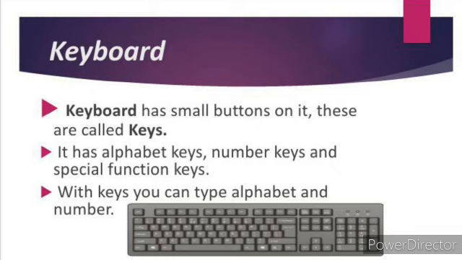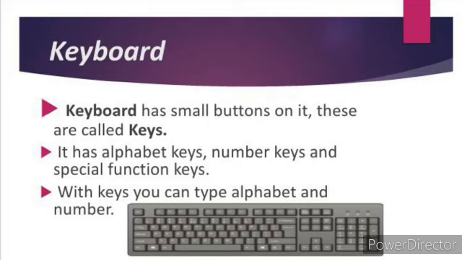Keyboard has small buttons on it. These are called keys. कीबोर्ड पर छोटे बटन्स होते हैं जिन्हें कीज कहा जाता है। It has alphabet keys, number keys and special function keys. कीबोर्ड पर alphabet keys A to Z, number keys 0 to 9 और special function keys होती हैं। With keys you can type alphabet and number. इन कीज की मदद से आप alphabets और numbers लिख सकते हैं।